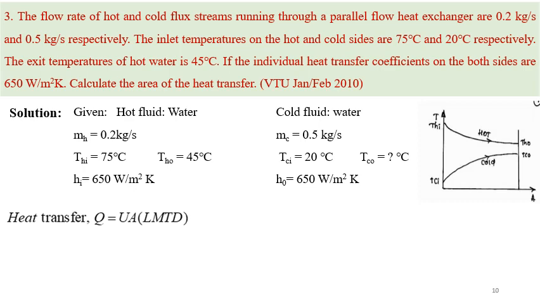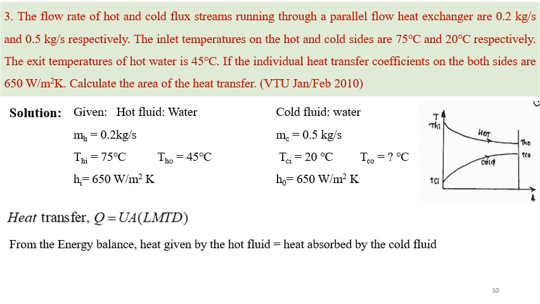First we can calculate LMTD by calculating the unknown heat transfer coefficient, because we know the specific heat Cp. This is water for both cases, so Cp is 4180. Mass flow rate is known and three temperatures are known, so we can calculate the unknown temperature. From this unknown temperature, by knowing all the temperatures, we can calculate LMTD. That is one thing, and then we can calculate Q. And once hi and h naught are given, we can calculate U. Okay, so this is the procedure.